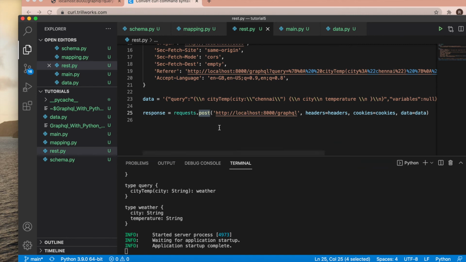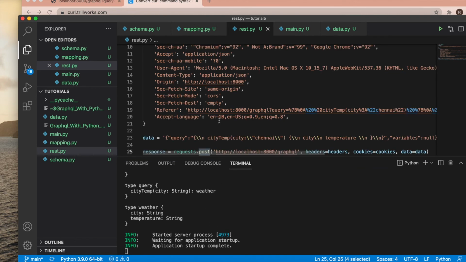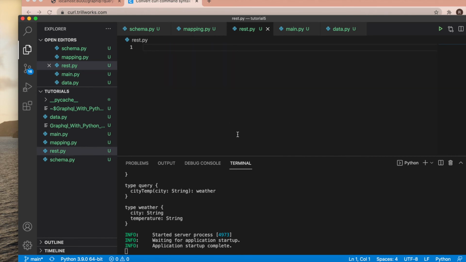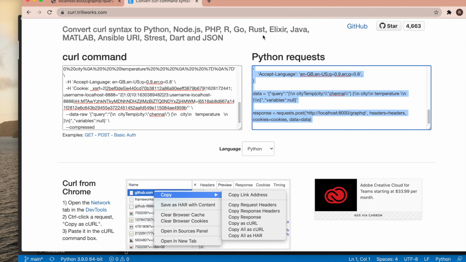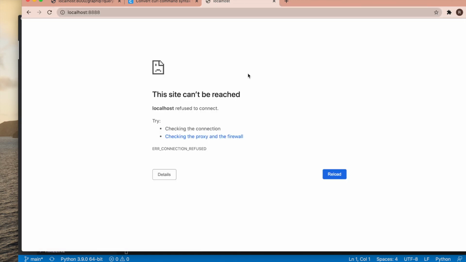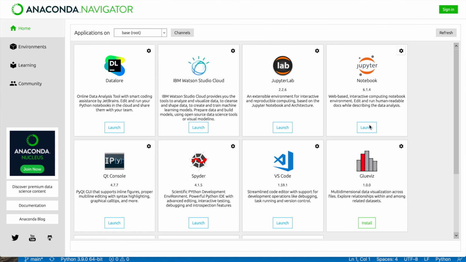That endpoint is running over here. So I'm just thinking how to execute this. Maybe I don't know whether my other things are running. Maybe I can write Jupyter. This is not running, so maybe I can run my Jupyter notebook.